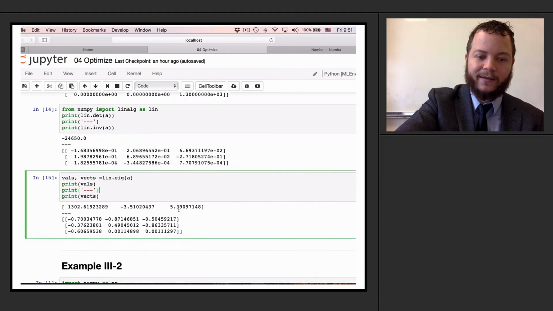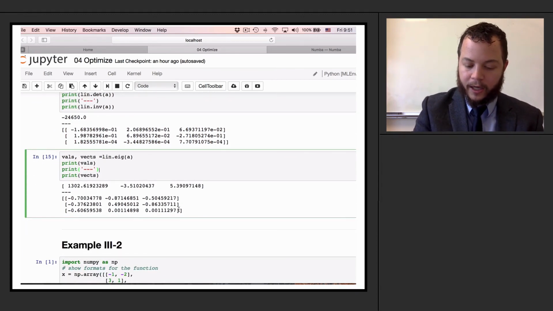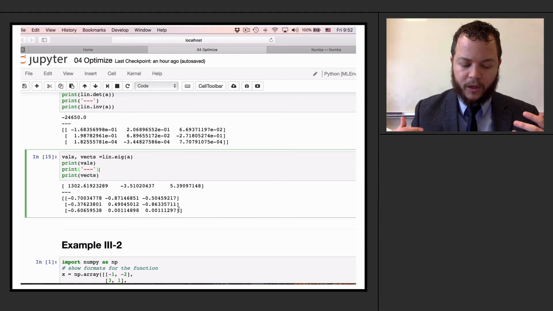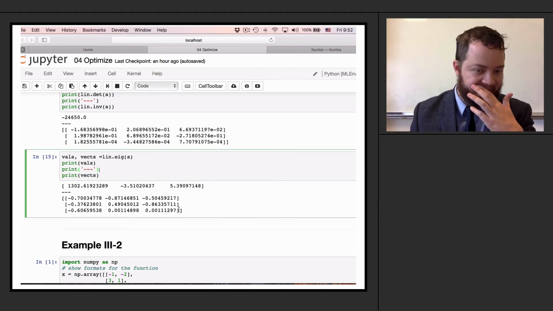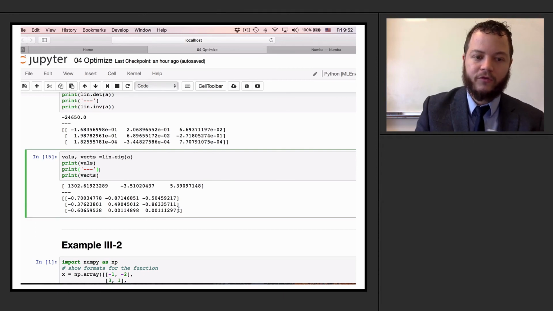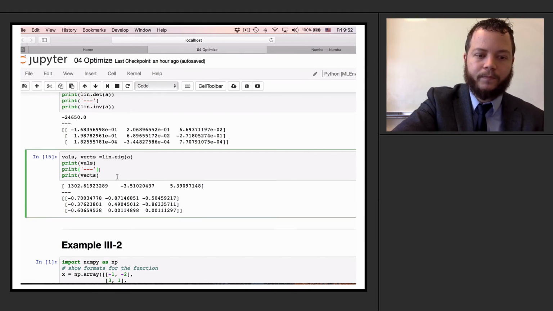And finally, eigenvalues. Eigenvalues are extremely important for linear algebra. We use them all the time in optimization. They're extremely important for things like principal components analysis, and figuring out sometimes part of the gradient. And so eigenvalues are something that's extremely important. And if you'll remember, eigenvalues essentially tell you